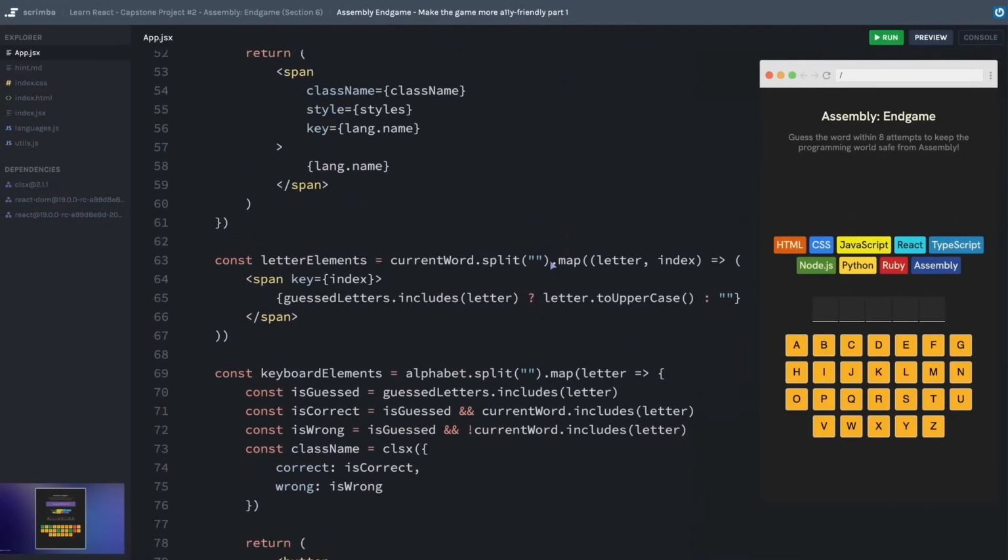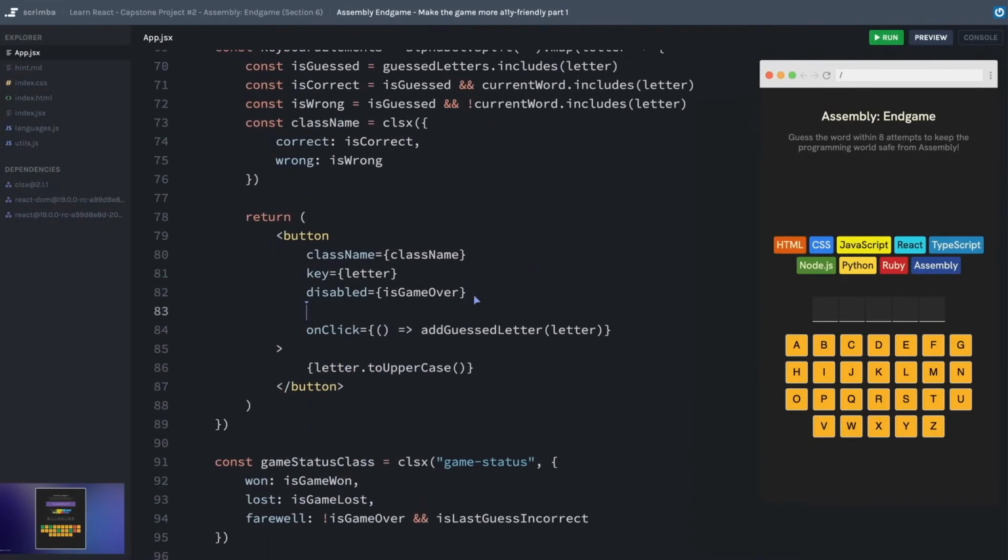If we can find our buttons here, okay, right here. We have disabled it, but we can add an aria-disabled. And we could decide to set this equal to isGameOver in the same way that we did with the disabled property. However, when we're thinking about someone who is using the tab key to tab through all of these letters, maybe a better user experience would be to disable the ones that have already been chosen. To do that, I could simply say something like the array of guessed letters includes this current letter that we're looking at. And I guess at that point, it might be a choice to decide if that's also when we want to disable the keys in general. We've already included some logic that doesn't allow the user to keep trying to add the same letter to the array of guessed letters.